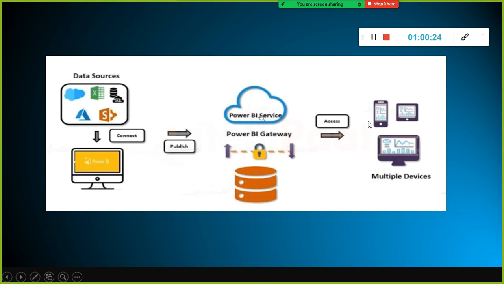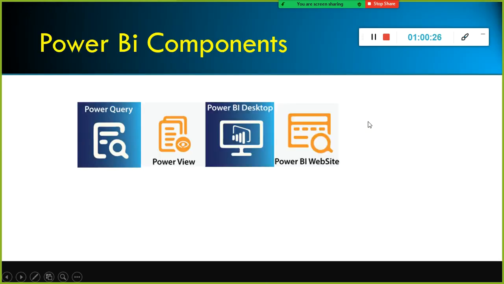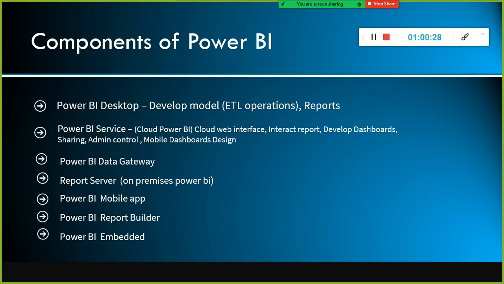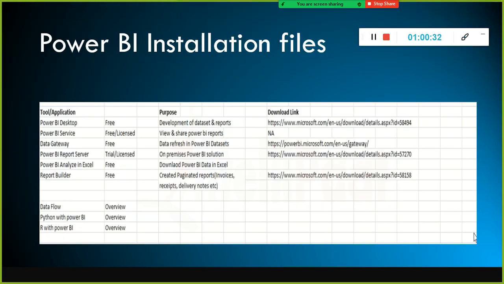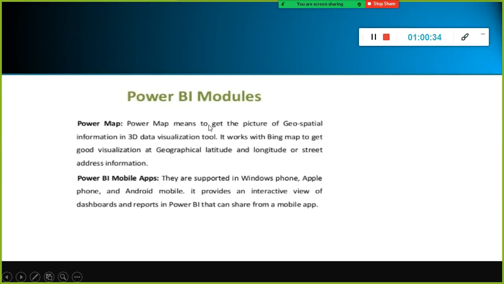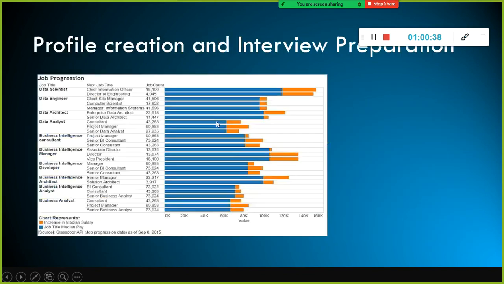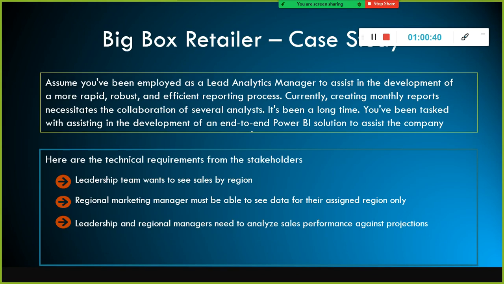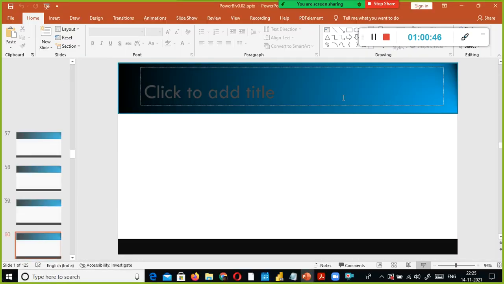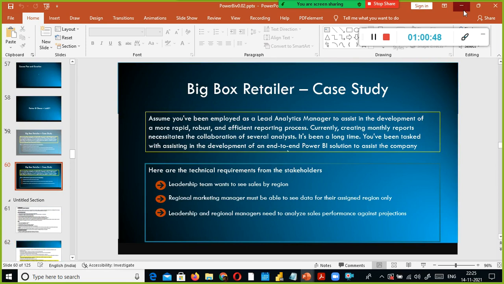With these components, we can make sure that we are able to do it. But anyhow, I'm not going to discuss that now, and we will discuss this later. Anyhow, now the download is in progress, right? Fine. The Power Map and all, we'll see it later. And yeah, next one is fine. Okay, you're all set.